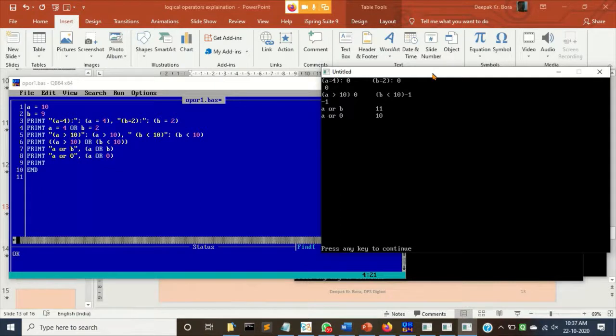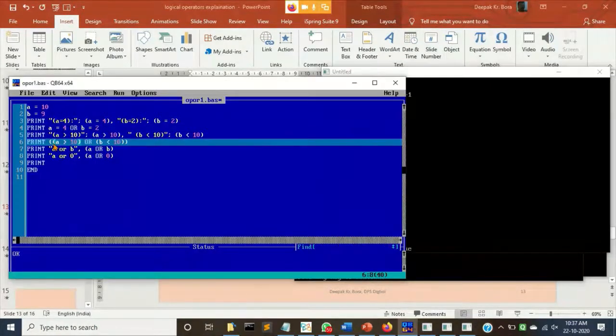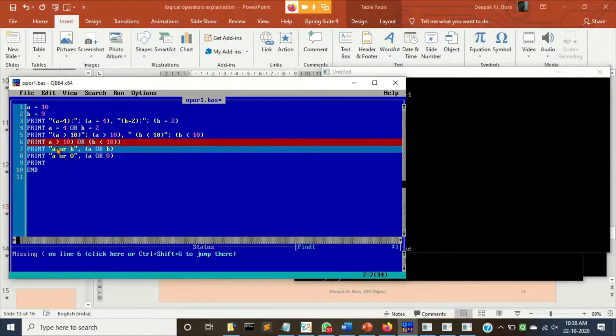Therefore, first A equal to 4 is executed, then B equal to 2 is executed, and then we are going to get the output. Is it clear? Otherwise, it is going to give me an error.